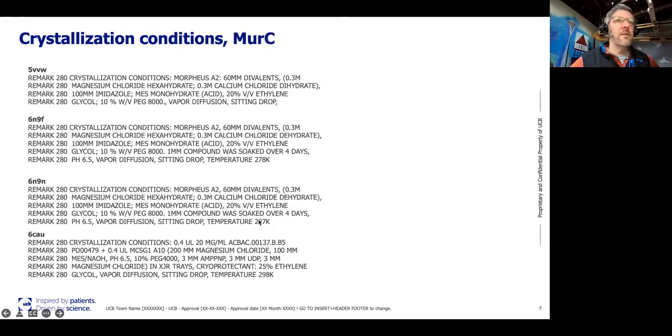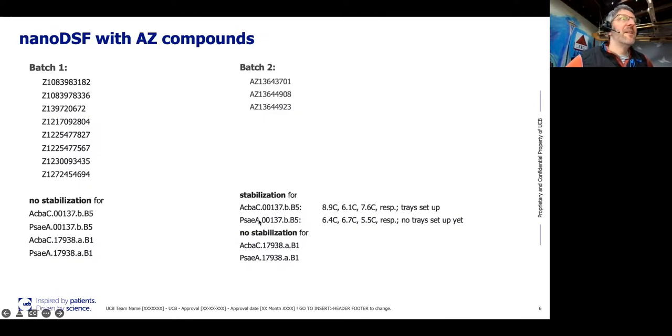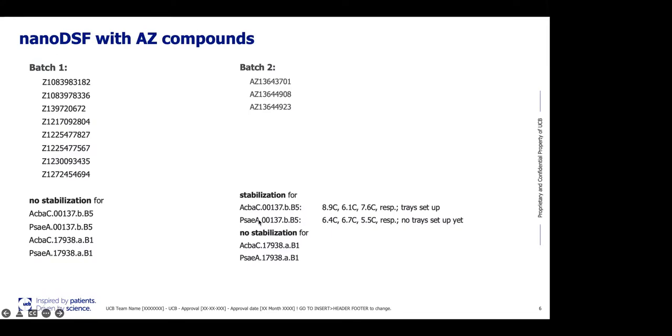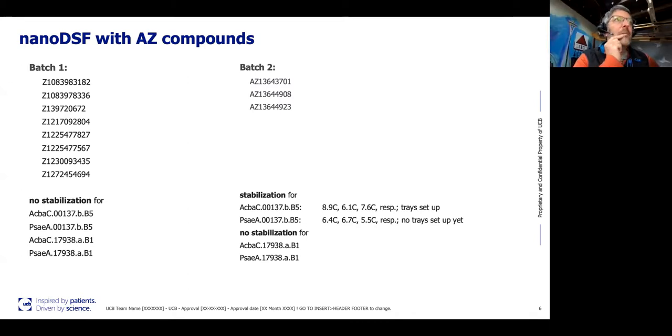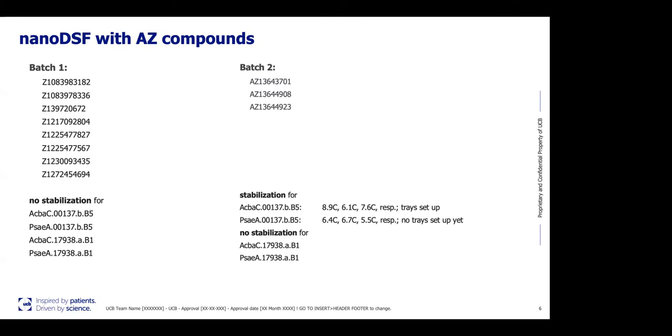Yeah, here's a list of. So Jan, yeah, sorry. Good. I would be extremely interested, again following up on the Acinetobacter portion, in getting an Acinetobacter Mur C structure with one or more of the AZ compounds. That would be great, because we don't have any biochemistry in that space. I don't think we have any capabilities for that, but in terms of publication and following up on going after Acinetobacter,